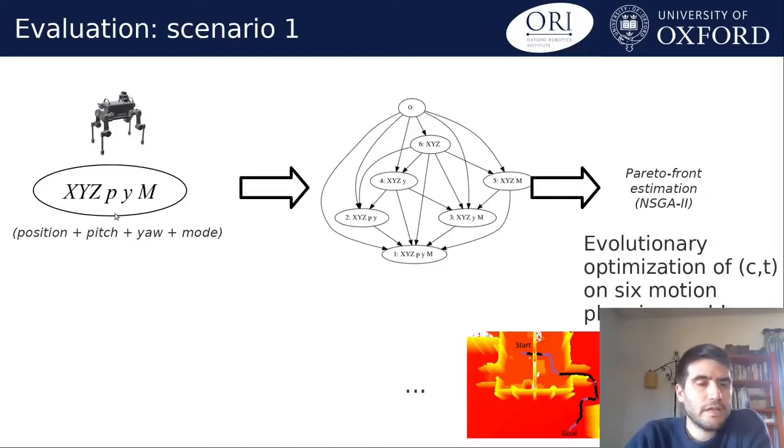Here's a robot, and the planning space is position, pitch rotation, yaw rotation, and the mode. This mode is the choice of controller, for example, a walking controller or a trotting controller. This robot can move in different ways, and each of these controllers has different cost functions. So this leads us to automatically generating this graph of possible sequences of approximations, and then we estimate the Pareto optimal C's and T's that we put on these edges. And this is optimized on a set of 6 motion planning problems, which are in this 3D scenario with different